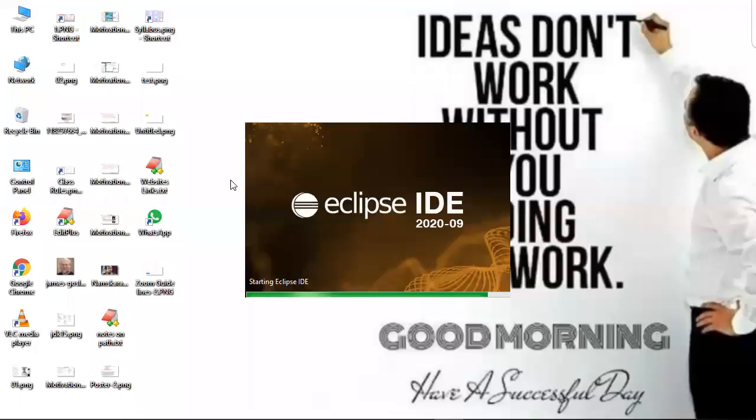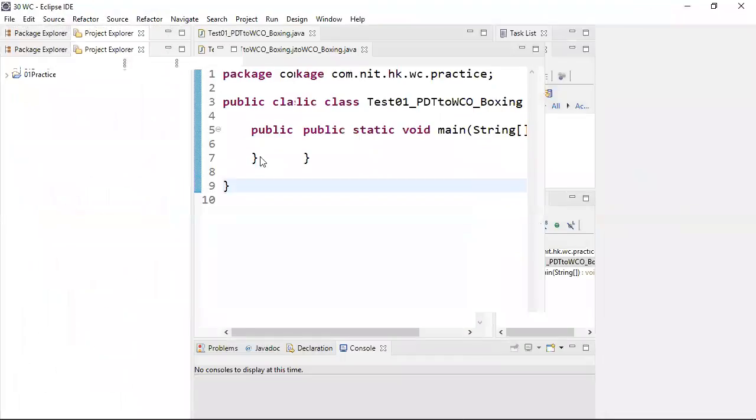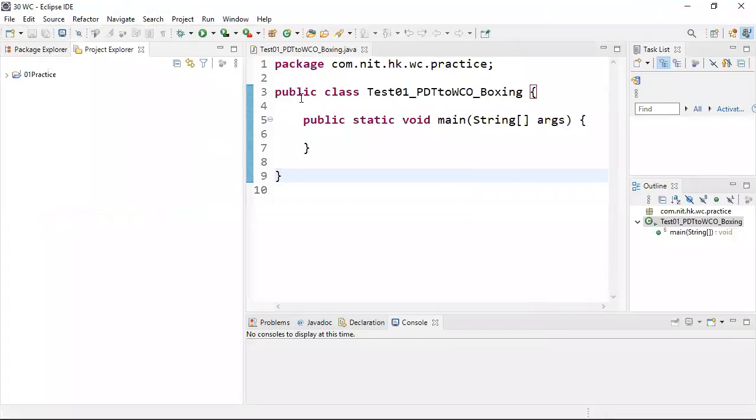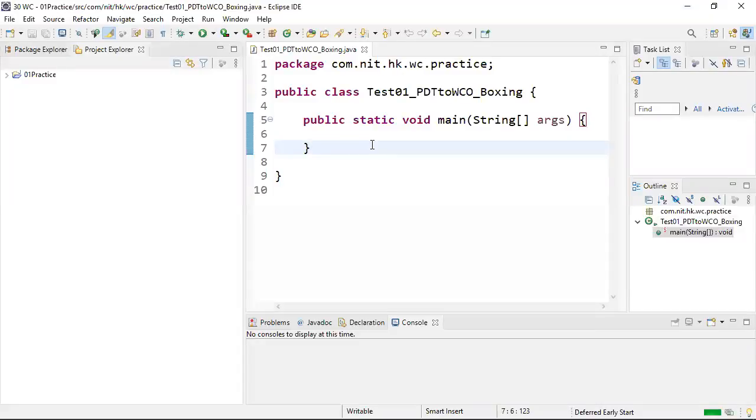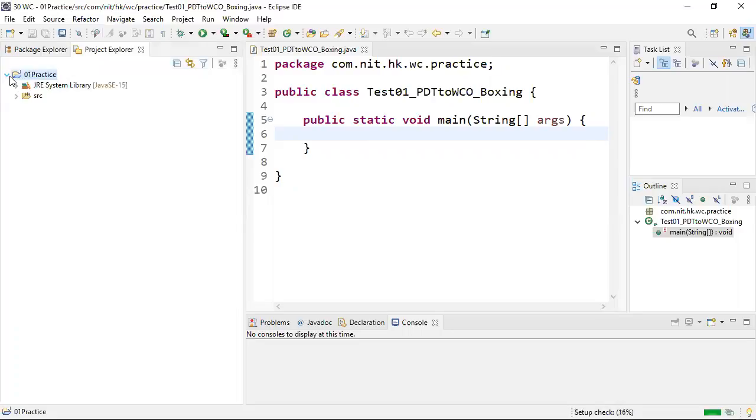Last class we discussed what a wrapper class is, why we need wrapper classes, how many wrapper classes there are, how a wrapper class is created, and when and where we have to use a wrapper class. We clearly understood. Now, today we'll continue programming on wrapper classes.